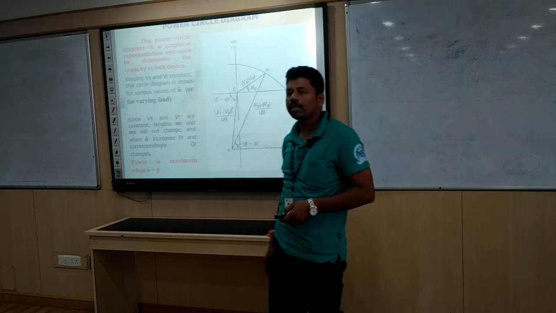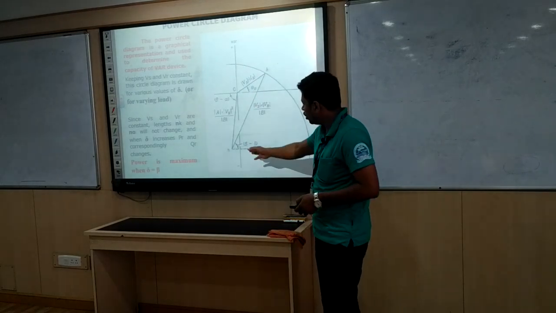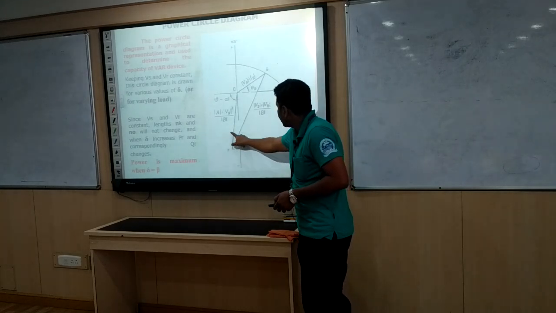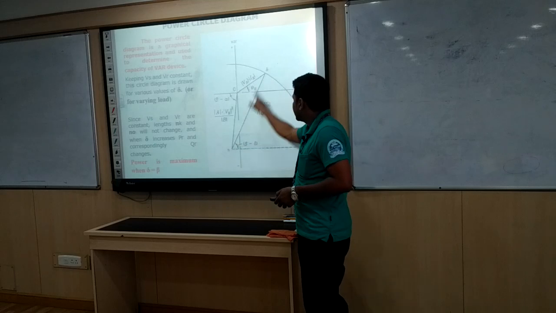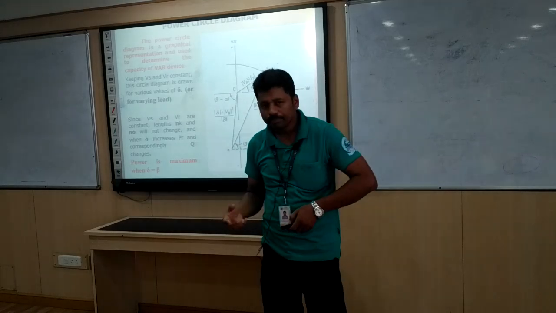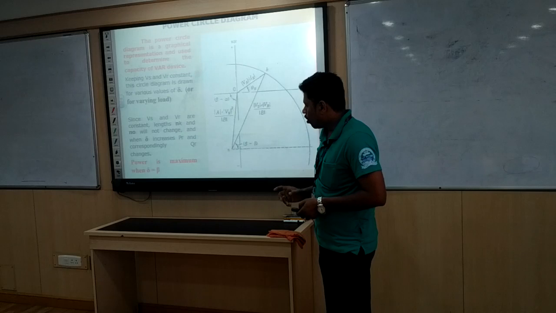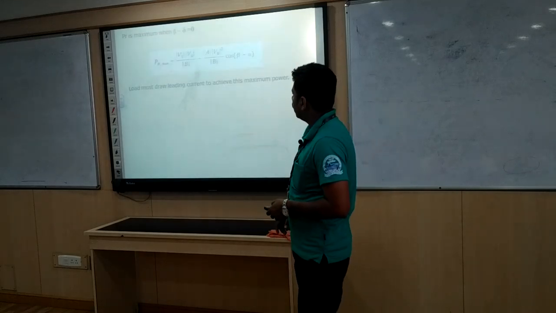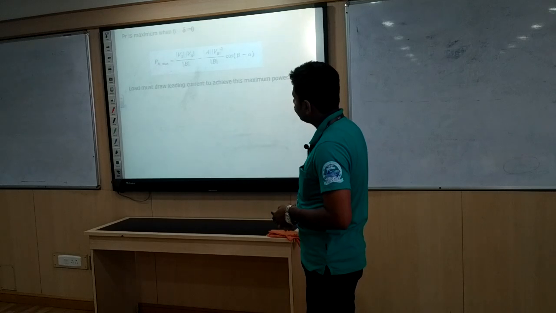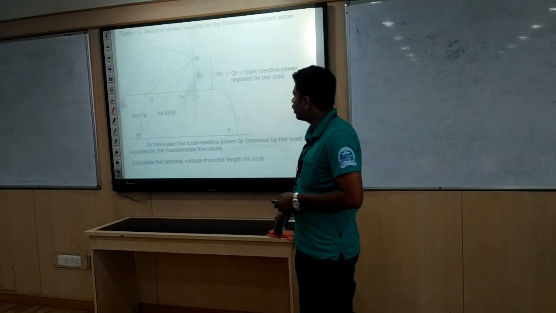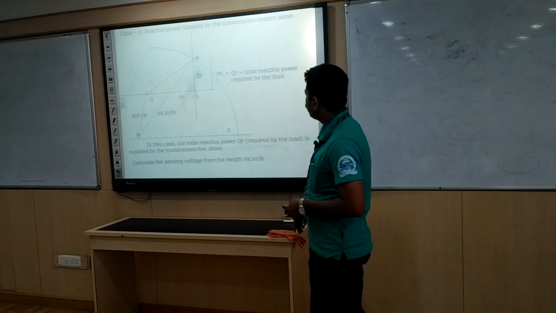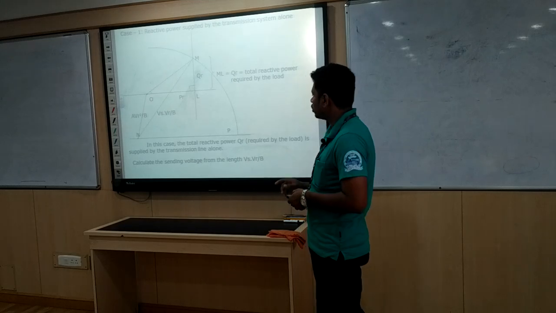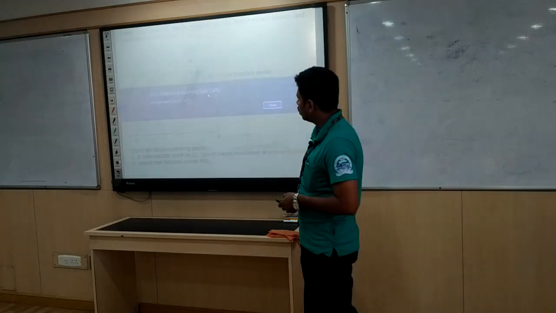Other than this, there is something called the critical angle. From the center, at an angle of alpha, you draw one line. The distance between the reference line and these two lines, the NH line, will give you the angle called delta, and delta is called the critical angle. Here for the maximum, you can also use the formula beta minus delta equal to 0, and from there we can find it. In that way, these diagrams show how much reactive power and real power are supplied. And case 2, here also you can see that